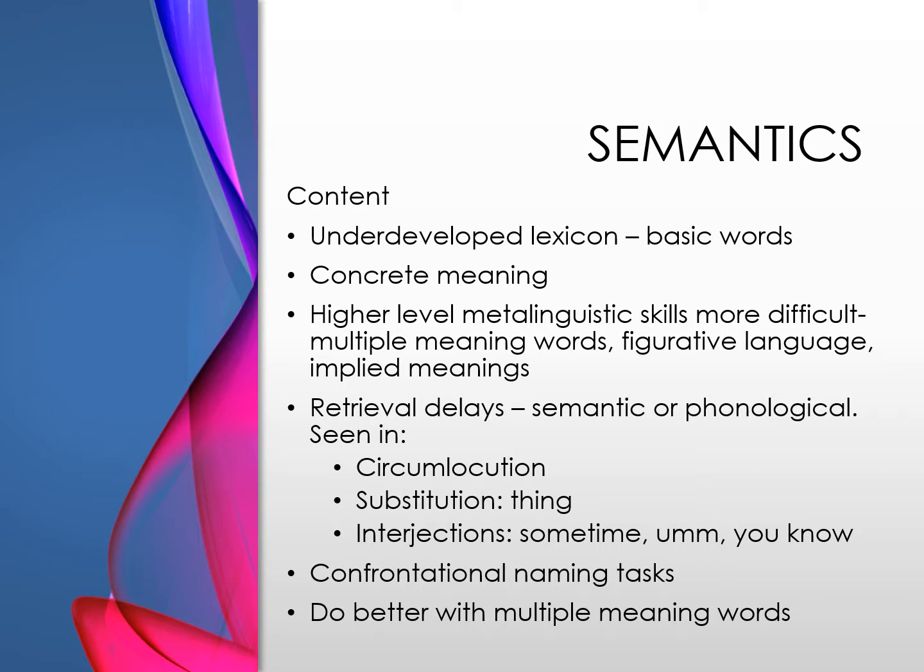So this is a difficulty with semantic retrieval. You will also see a child that does circumlocution. This is a child who can't retrieve, like, the word chair. The child thinks, it's something you sit on. It has 4 legs. Some of them have arms. Some of them have cushions, usually at a table. It goes with a table, or you might see it at a desk. So the child thinks of everything about that object except for the name chair.